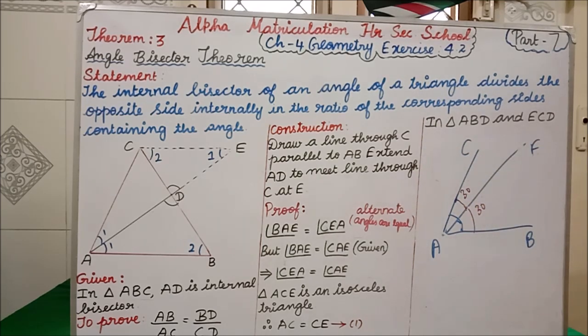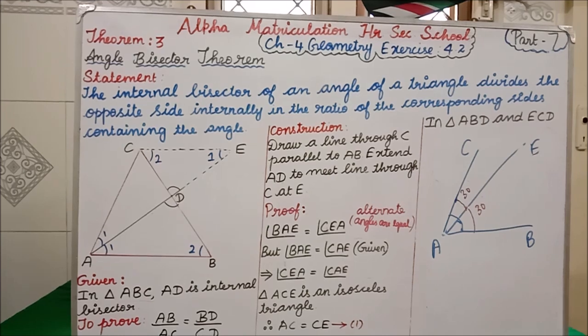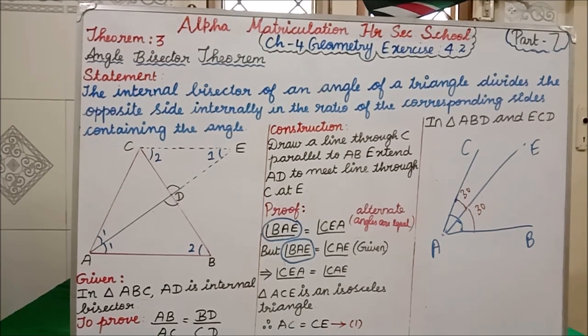CAE. Clear all of you now? That is given. Now students, if you notice 1 and 2, what we are able to see now? Here also the left hand side is BAE, and here also the left hand side is BAE. I have told you before itself, isn't it? If both the left hand sides are equal, leave that part, then write the remaining both the right hand side. We have done more problems with that, isn't it?